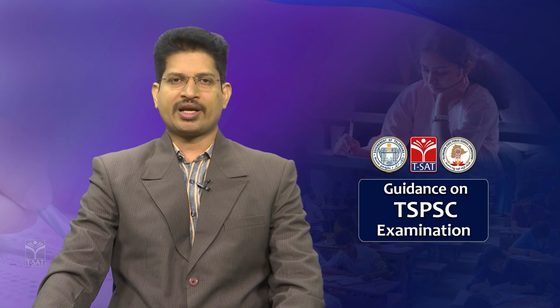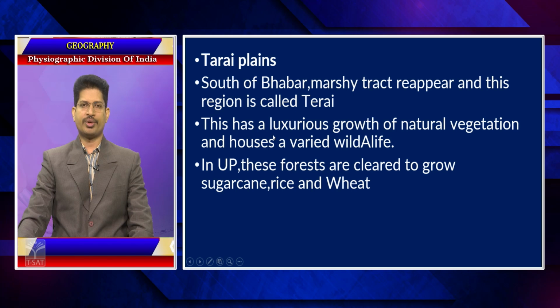The next is the Terai Plain region. When you compare the Terai Plain region with the Babbar region, the Terai Plain region has soft soil deposits, and the streams which disappeared in the Babbar region reappear in the Terai region, which is a marshy region that is feasible for cultivation. So, it contains fine silt and sand, fine silt and alluvium.